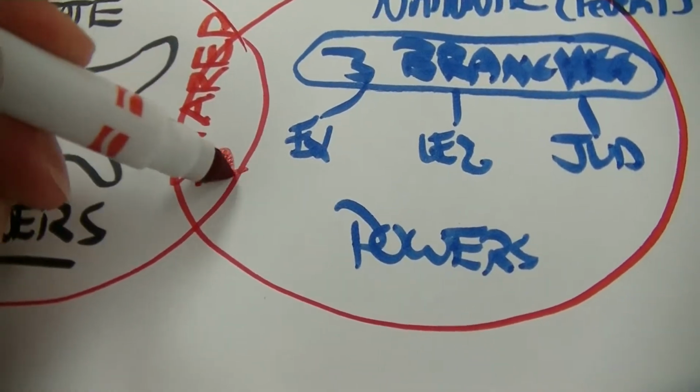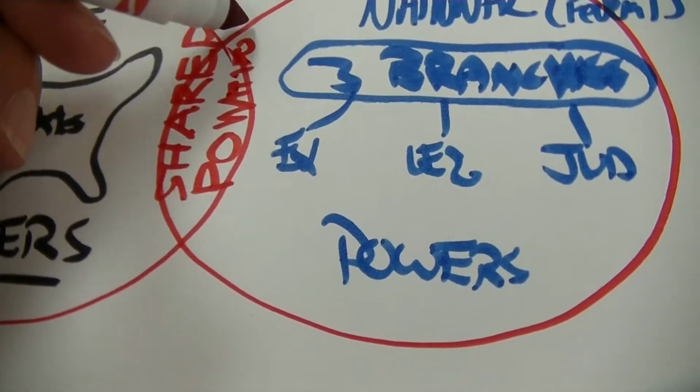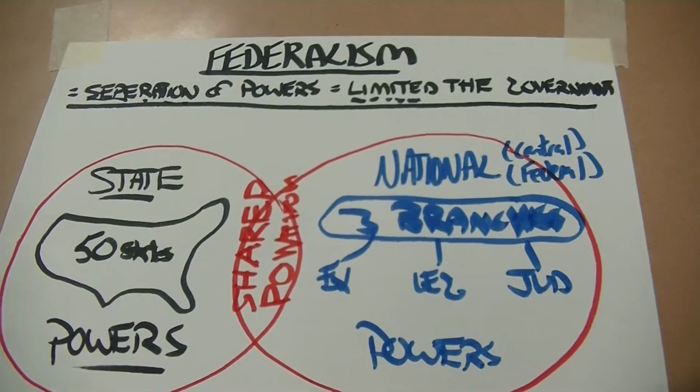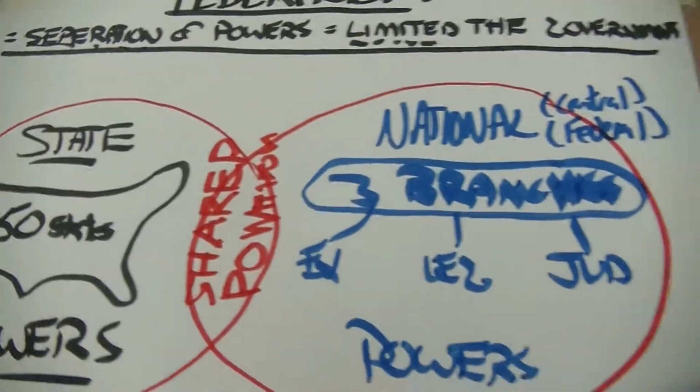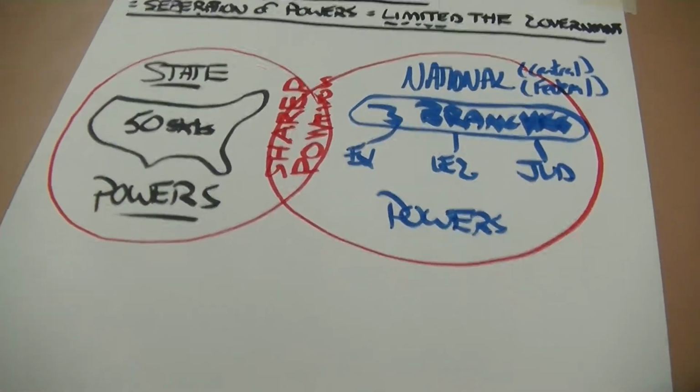Shared powers. I wrote that kind of weird, but there you go. This is one way that our government is limited and separated. That's our first way. All right, the next way that our government is limited and separated